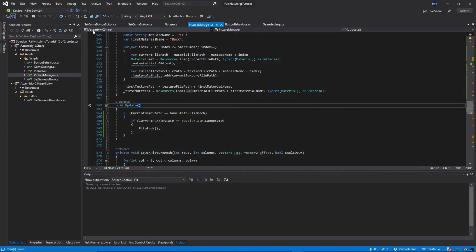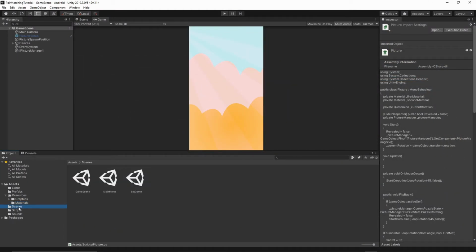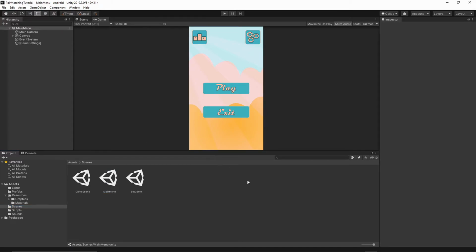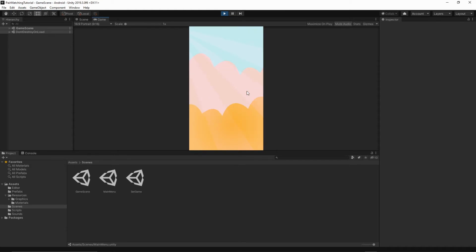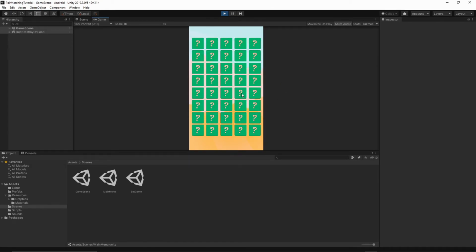Now let's save everything, go back to Unity and check what we have done. I will go to the scenes, open my main menu and press play. Let's try with 20 pictures. If I reveal one picture and then another one, as you see they are flipping back,